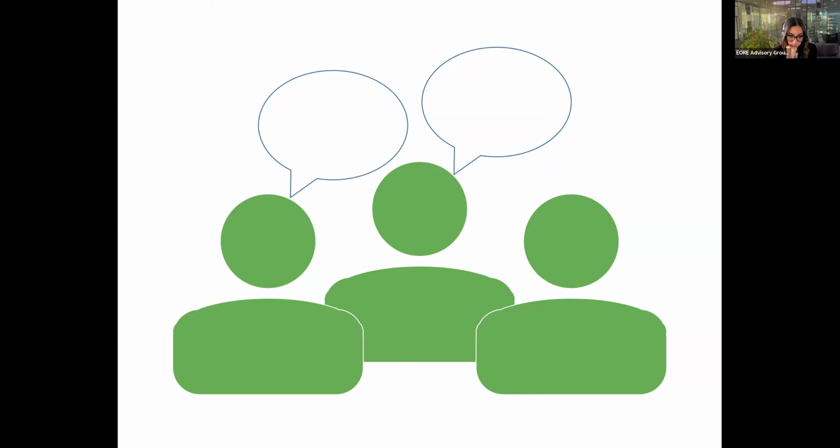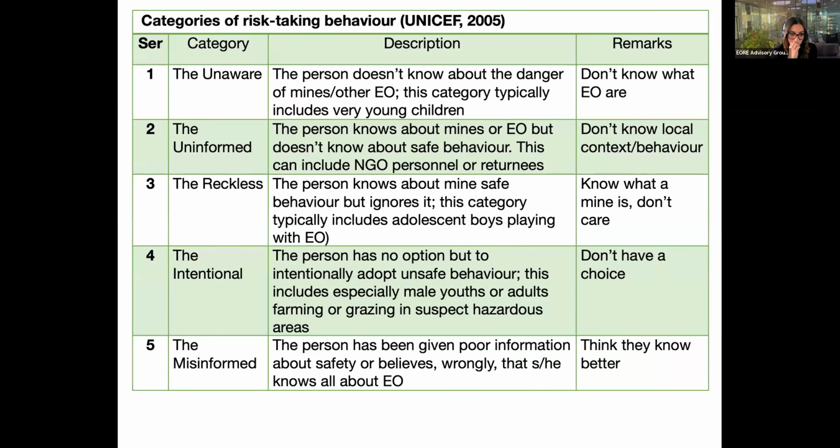Well, I'm going to show you some real data at this point. But before this, I'd like to remind you all about these 5 categories of risk-taking behavior that were identified by UNICEF back in 2005. The unaware, the uninformed, the reckless, the intentional, the misinformed. I'm not going to insult your intelligence by reading these all out. Many of you will be very familiar with those. But the key point is these three groups here. I call these the problem groups